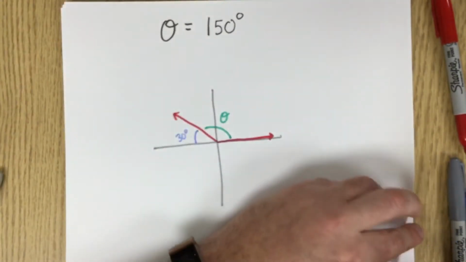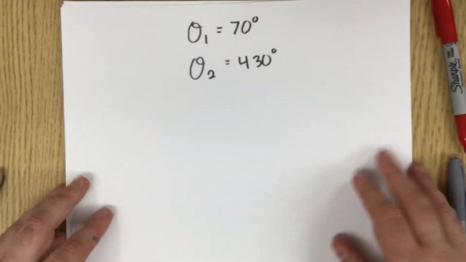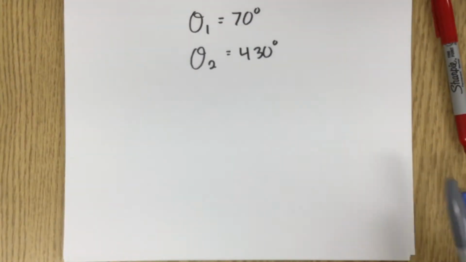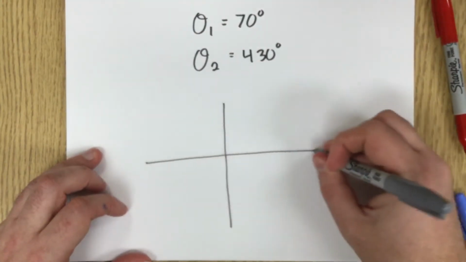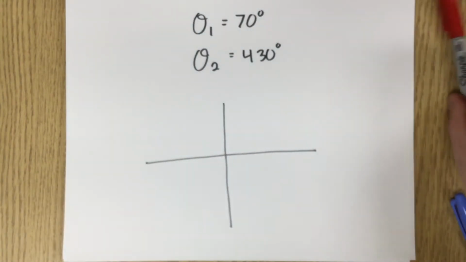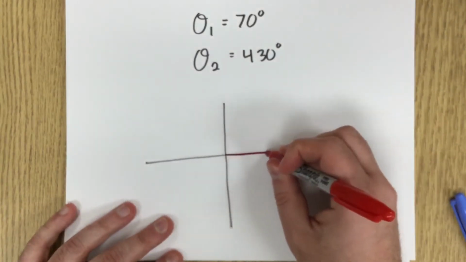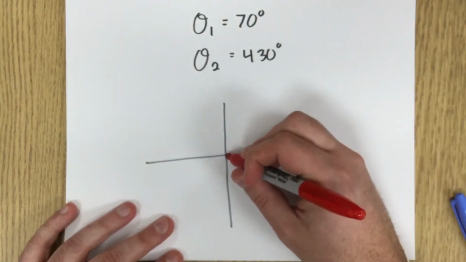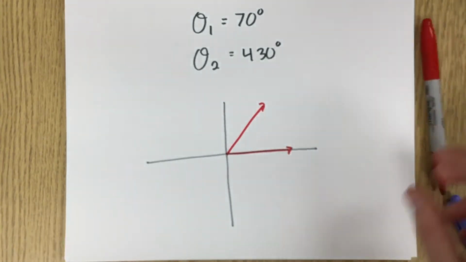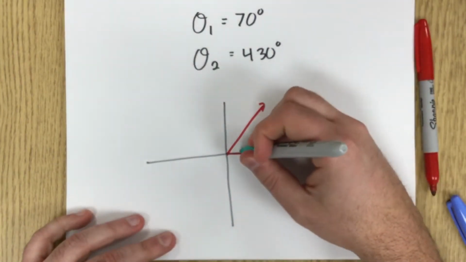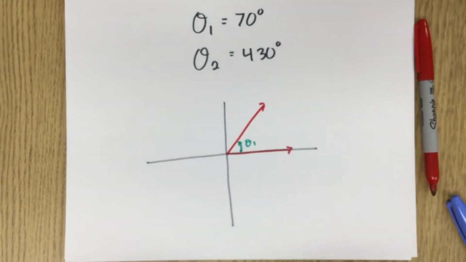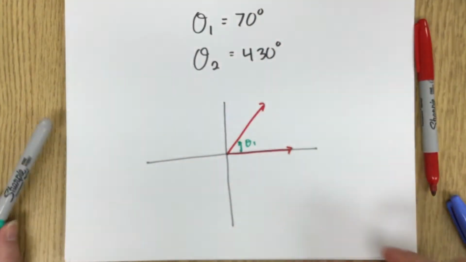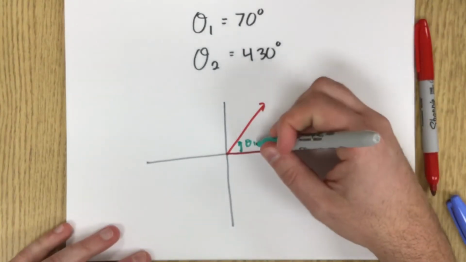So what we're going to do now, we're going to draw these two angles on the same Cartesian plane, on the same axes. So 70, that's going to be in the first quadrant. Nothing too exciting about that. So that's theta 1. Now theta 2 is 430, so that means we go around,